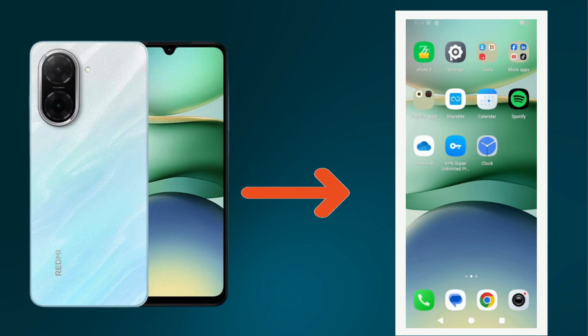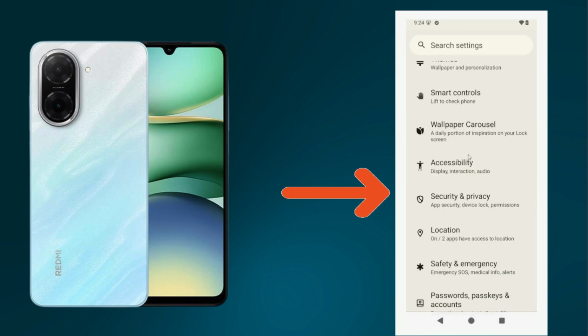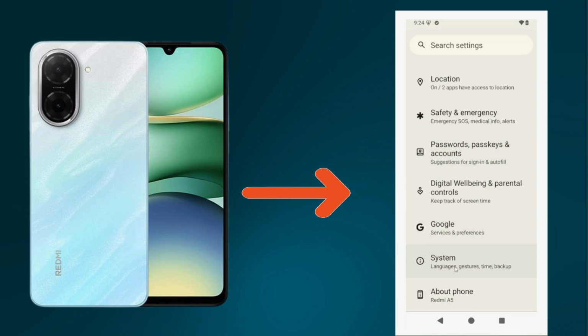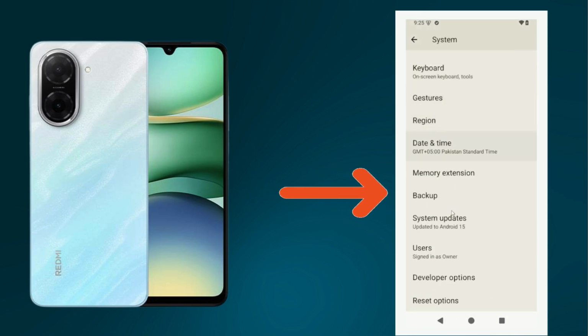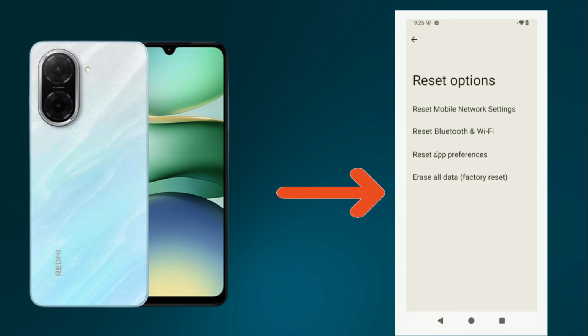First, you have to click on settings and then you have to scroll down and you will see the option system. So here you have to click here and then you have to scroll down and you will see reset options. Click on it. Here you can reset your mobile network settings, reset Bluetooth and Wi-Fi, reset app preferences and